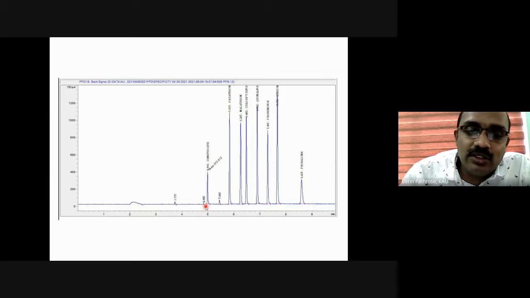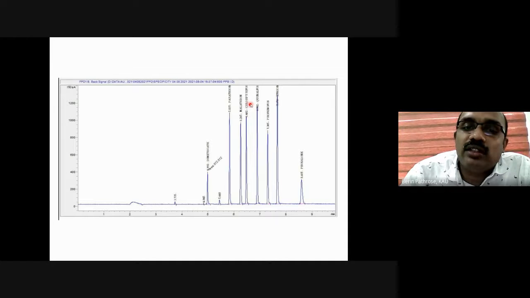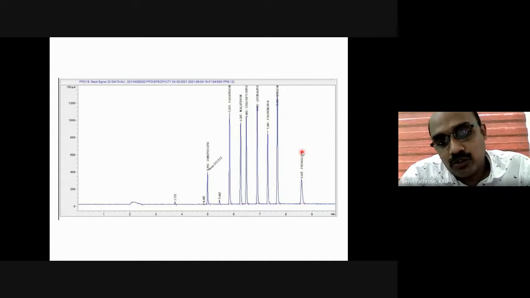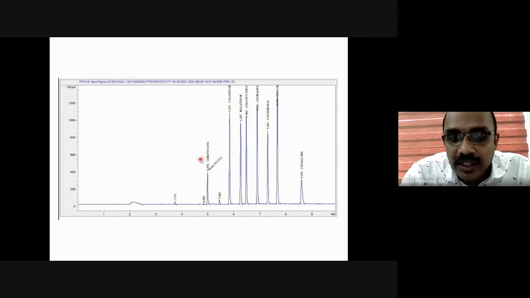Whatever you see over here, this is dimethoate. It is at 4.99 minutes. At 5.83 minutes, we have methyl parathion. 6.26, it is malathion. 6.48, it is chlorpyrifos. 6.9, it is quinalphos. 7.3, it is profenofos. 7.67, it is ethion. 8, it is phosalone. So you can see these